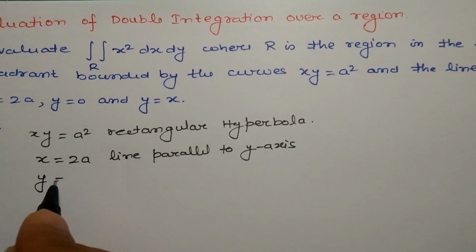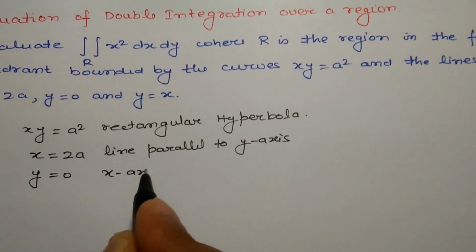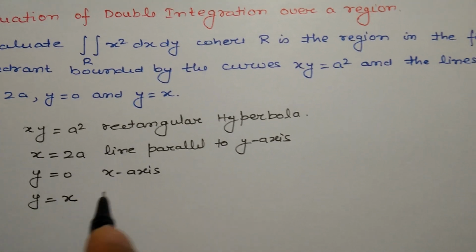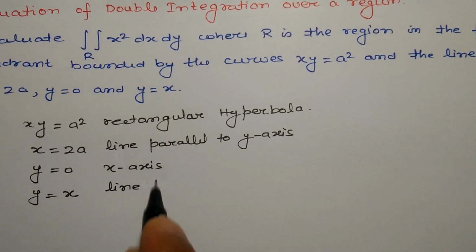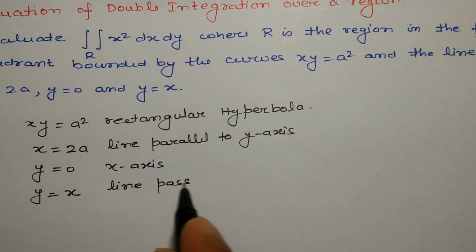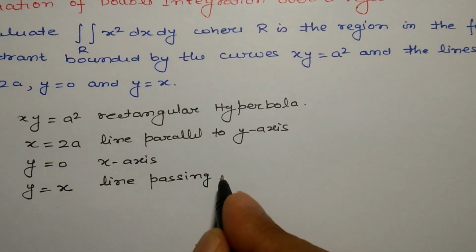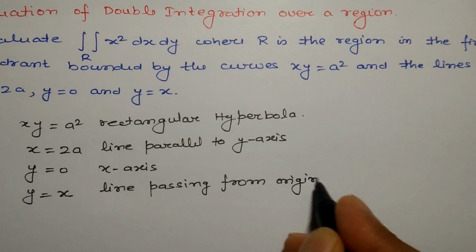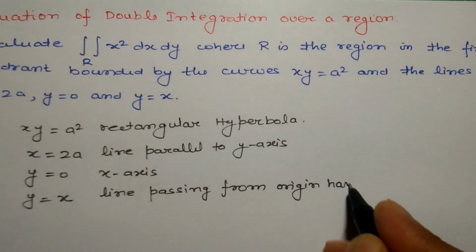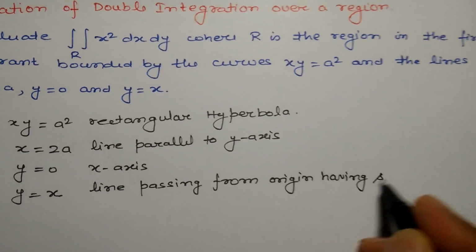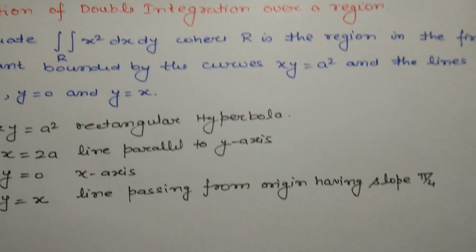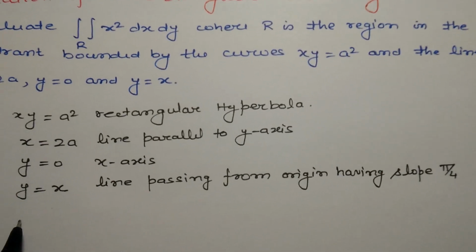Then y is equal to 0. This is x-axis. Then y is equal to x, the line passing from origin having slope pi by 4. So if we plot all of them,